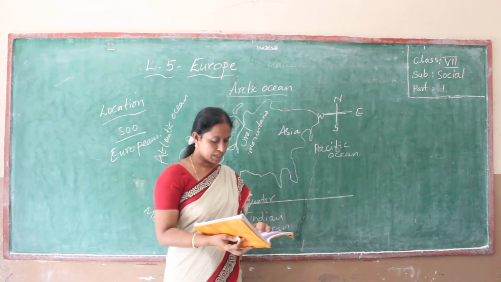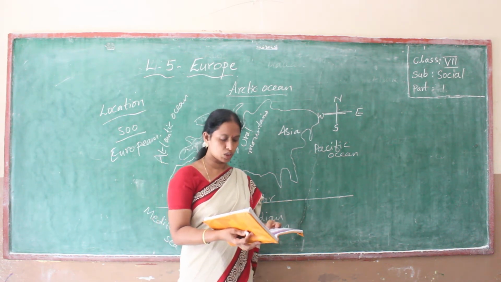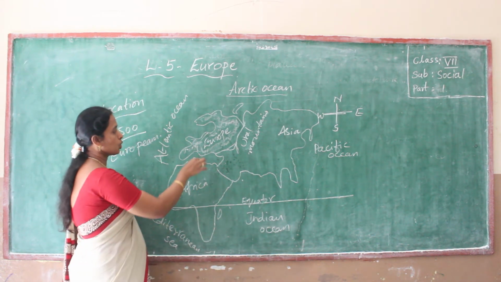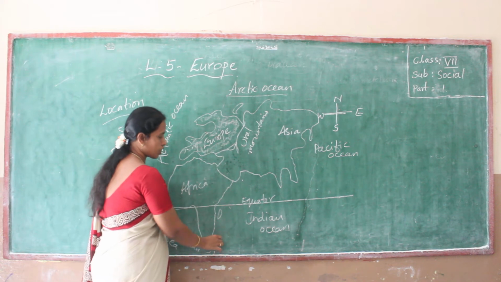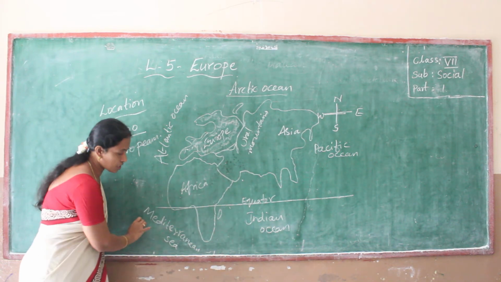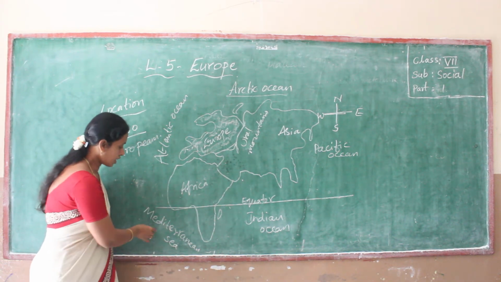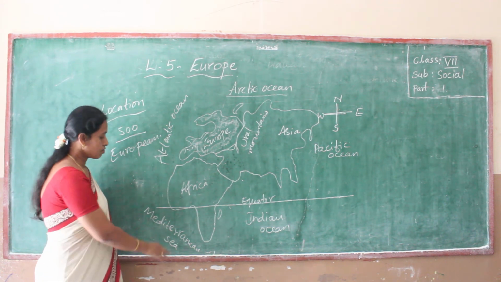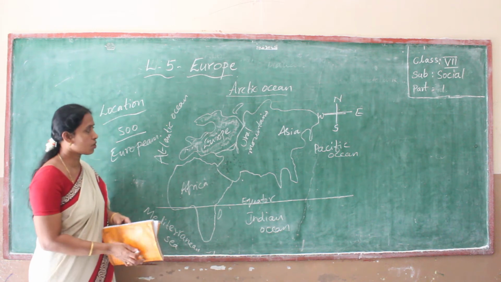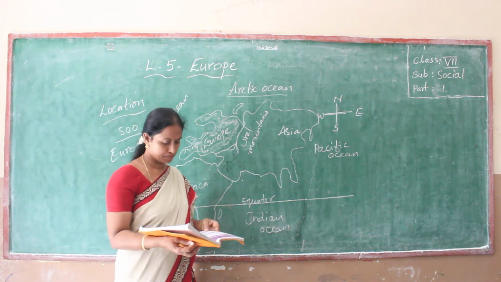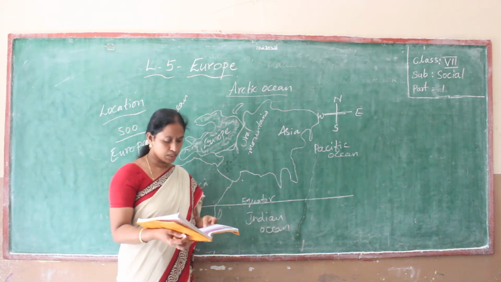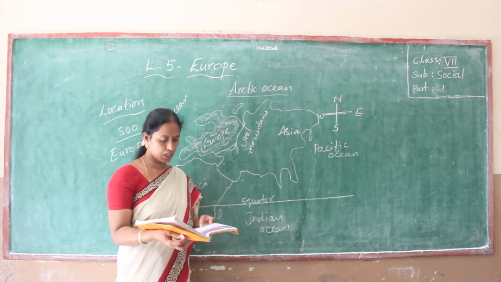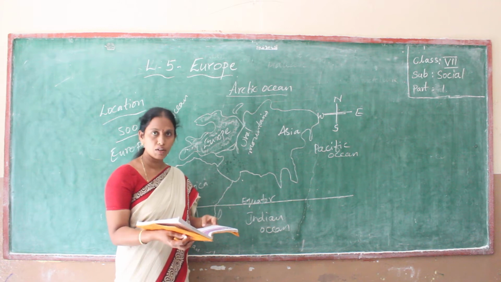Look at the atlas and find the name of the sea just south of Europe. See, there is a sea just south of Europe. South means bottom. See here, what is the name of the sea given in the map? See and observe, the Mediterranean Sea. South side of Europe. This sea separates Europe in the north from Africa in the south. The name of this sea means middle of the world.